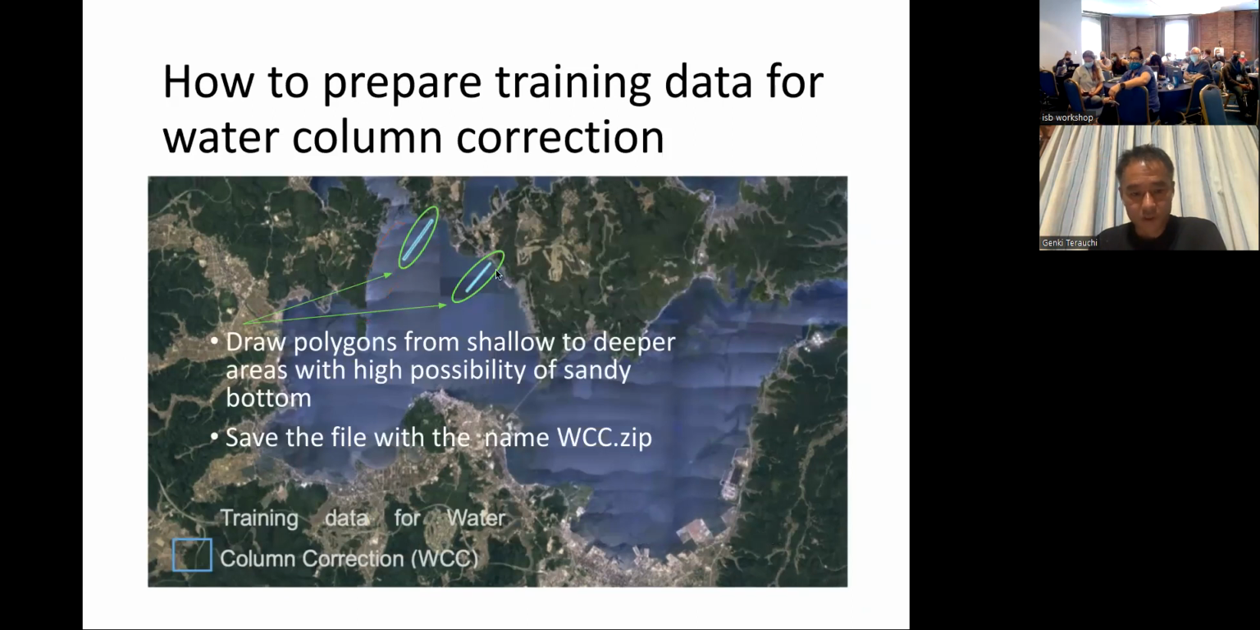These two polygon shapes are for water column correction. To draw this kind of polygons, you have to know the sea floor here is homogeneous, and there is no vegetation on the ground. From the field sampling, we know these two areas are sandy bottom from shallow water to deep water. So you need to create a polygon shape from shallow to deep water like this to give information to Seagrass